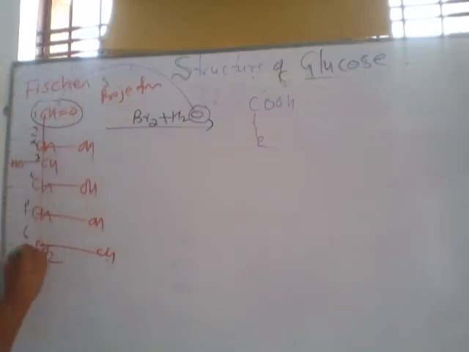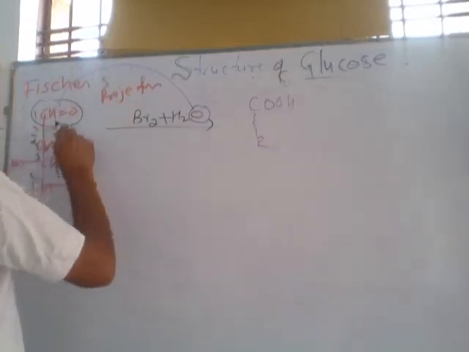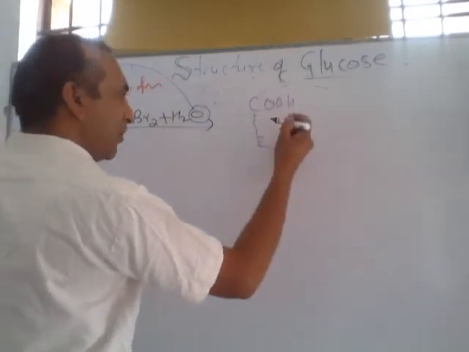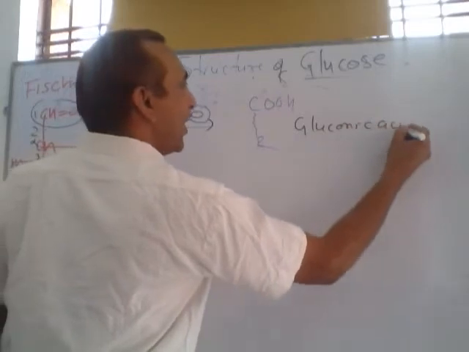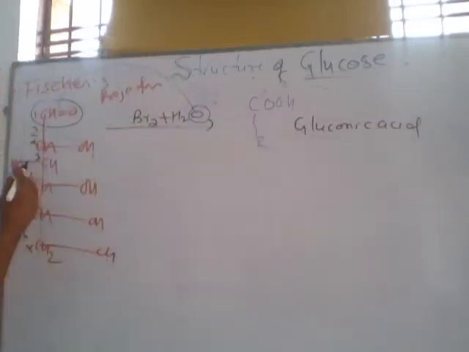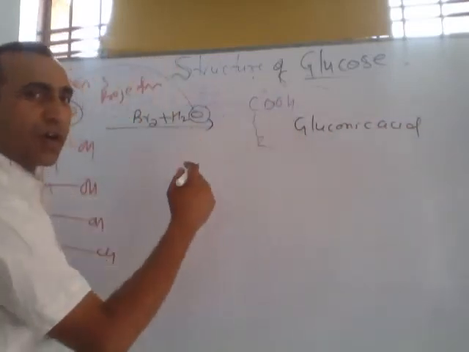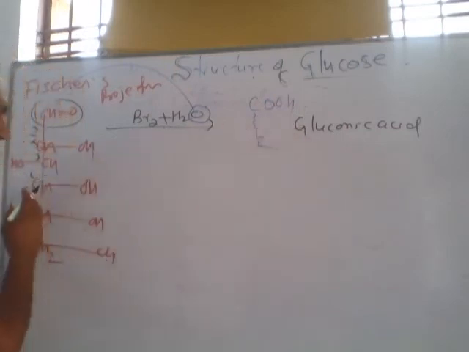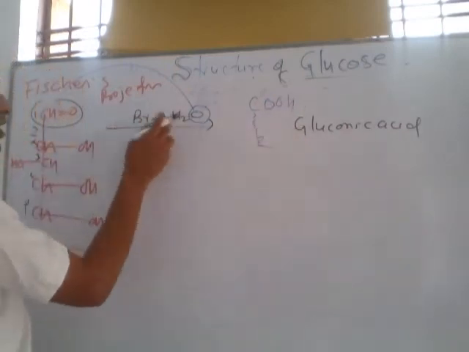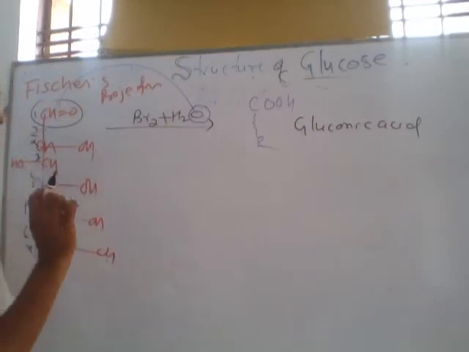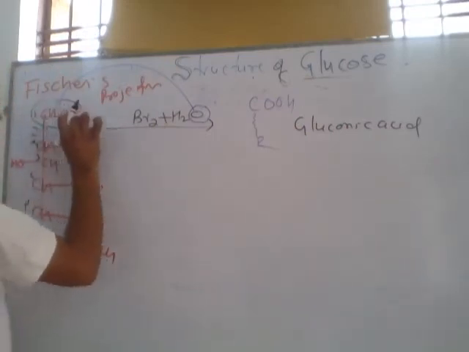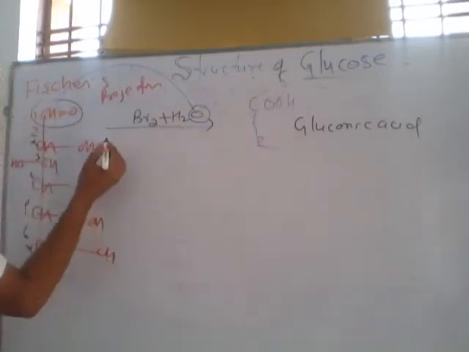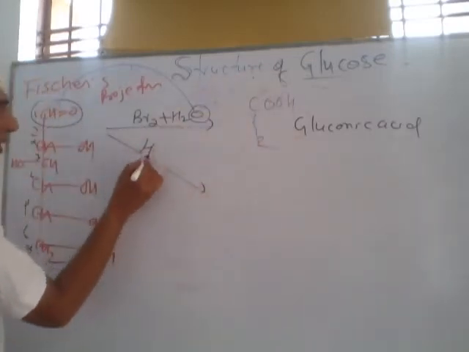The remaining chain is not changed. This aldehyde group is directly converted into COOH. This compound is called gluconic acid. So in the exam they ask to convert glucose to gluconic acid. Also, how can we prepare gluconic acid from glucose? What happens when bromine water reacts with glucose? How can you prove that in glucose an aldehyde group is present? Means glucose is an aldose, reaction of bromine water. Simple. And another evidence, reaction of HCN.